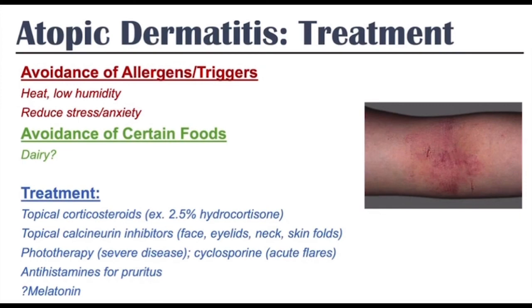So just keep melatonin in the back of your mind as a possible mild aid in helping with these atopic dermatitis symptoms. So these are the main management and treatment goals. You want to avoid certain allergens, triggers, and certain foods if possible. You also want to think about the treatments and when to use them. Topical corticosteroids for mild cases, topical calcineurin inhibitors for certain areas of the body,